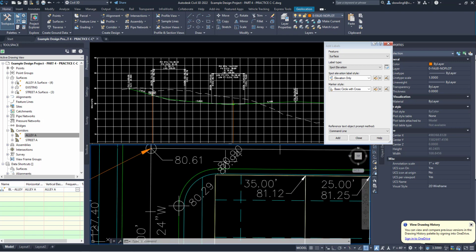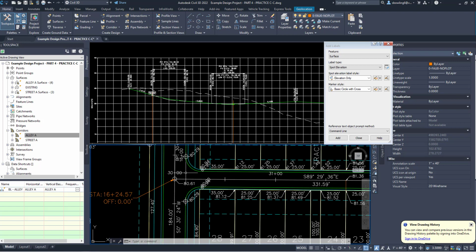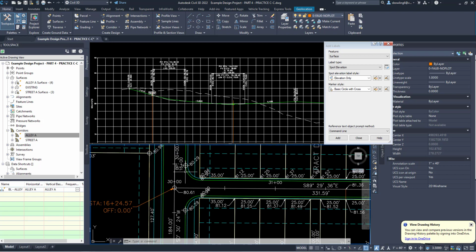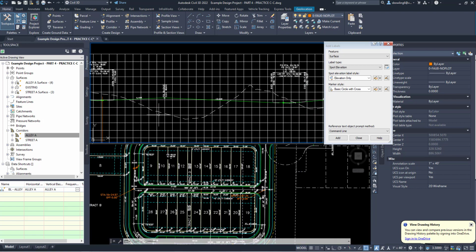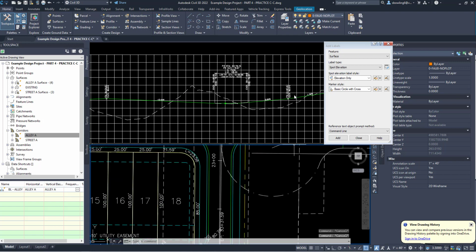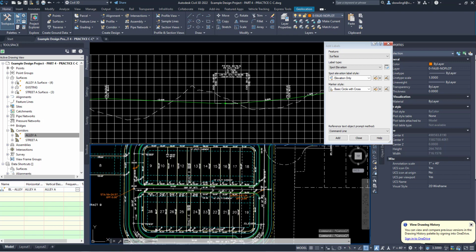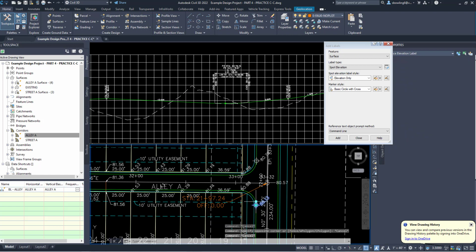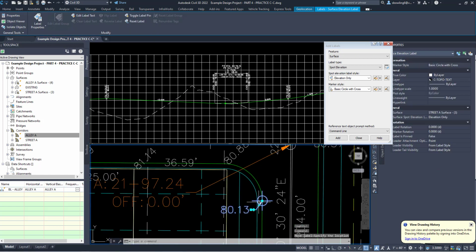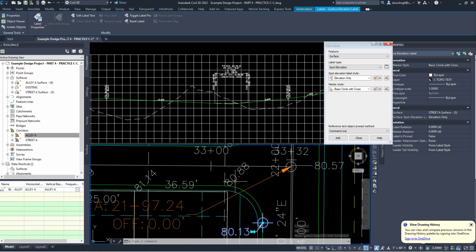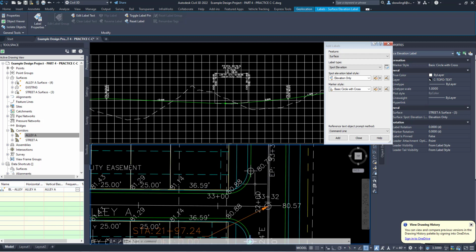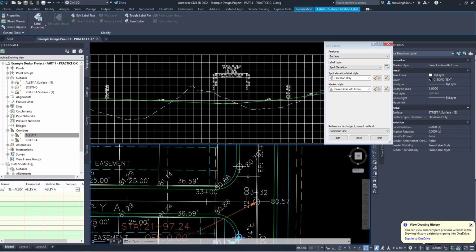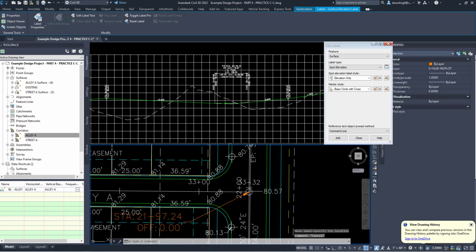Now, so 80.90 and 80.29 definitely gives me enough slope to get water around the curve. And since this is a high point, I don't need a valley gutter to send water if it was a continuous grade, like on this side. So over here, I can see the PVI. This is a continuous grade down this direction to the low point here. So I need to look at the elevations here. Okay, so at this curve return, at this PC/PT, I can see that it's 80.88 and 80.13. Typically, you want to have at least 0.4% slope. Now, in this one, see how it's only 80.88 and 80.70? So that means I would need